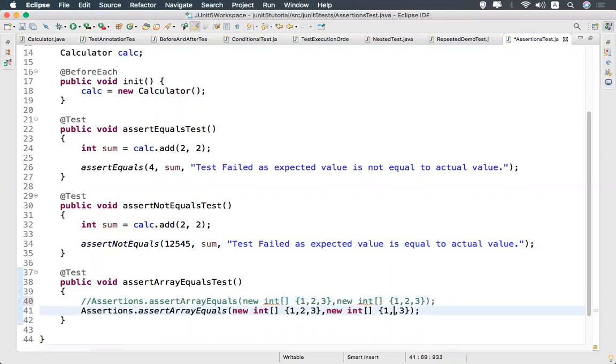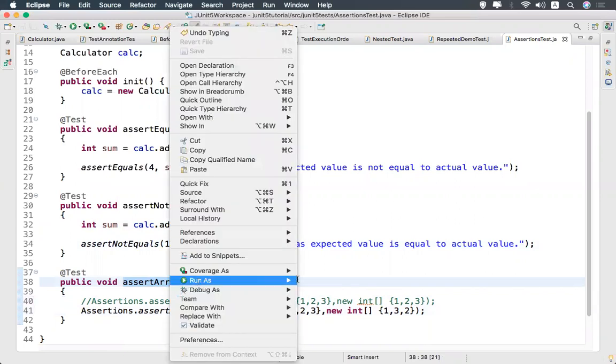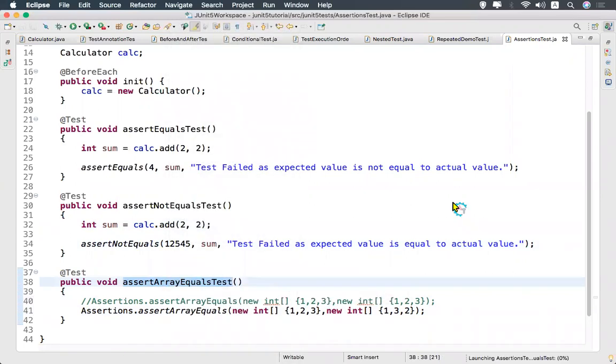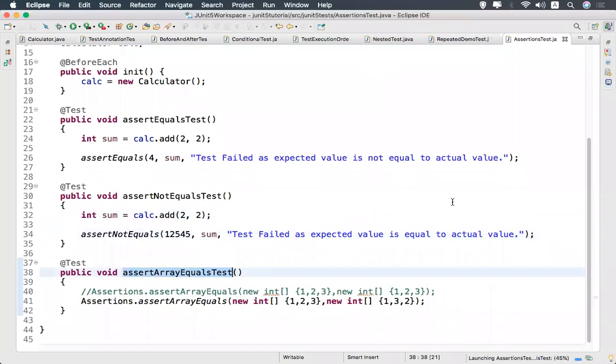That is 1 2 3. This is 1 3 2. Now we'll see what happens. Actually, array means both should be equal. Now I change this: it is 1 2 3, but 1 3 2.